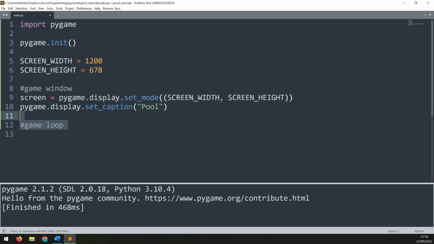So I'll add a little comment to say game loop, and within here I'll define a starting variable condition. This variable is going to be called run and I will set it to true. I can then create my loop, which will be a while loop set to the condition of run. As long as the run variable is equal to true, this while loop is going to continue running. That will mean that the game window will stay on the screen and it will stay active,